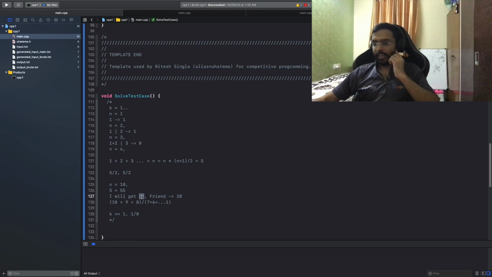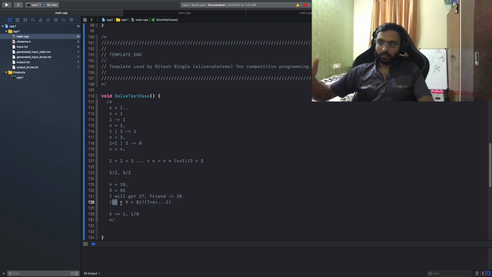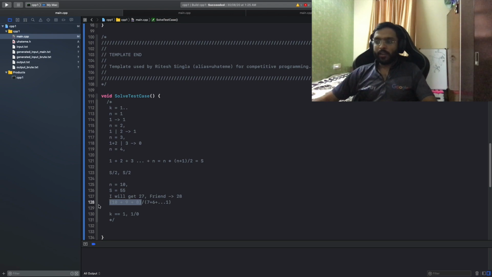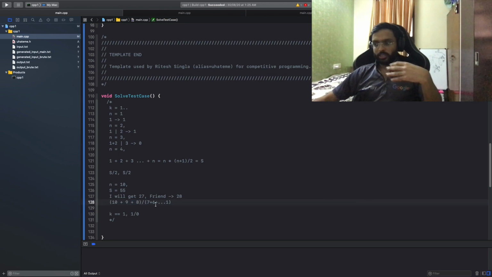As in, if I have to create s by 2, which is let's say 27 in this case, I can just start picking bigger numbers and kind of greedily try to make the sum 27. Reason being, I have all the possible denominations which are lower than 8, like 1, 2, 3, and so on.